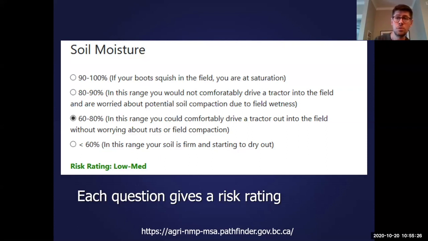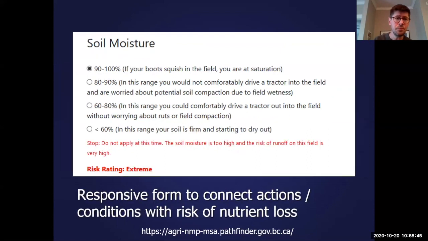And so the tool will provide for each question a rating of how that contributes to overall runoff risk. Here you can see if we're at lower soil moisture ranges, it's contributing a small amount, or it's contributing less to the risk of runoff in this situation. The form itself is also responsive. So if you fiddle around with the ratings, and in this case where someone's bumped up the soil moisture content up to 90 or 100%, it'll show that this has actually increased the risk of runoff quite a lot on this field.